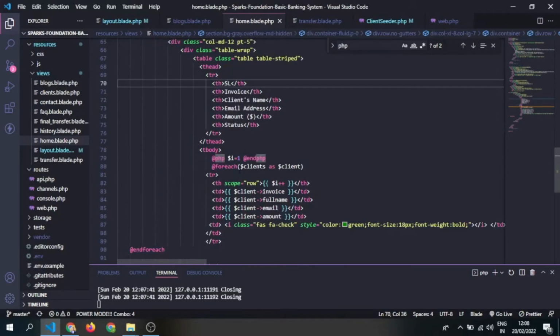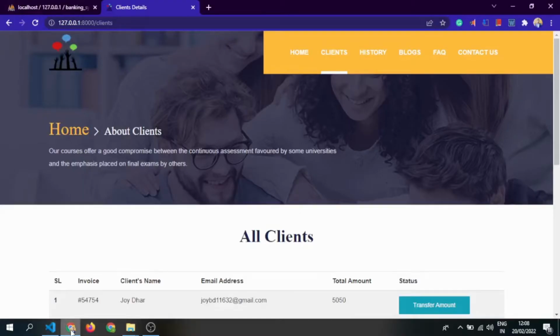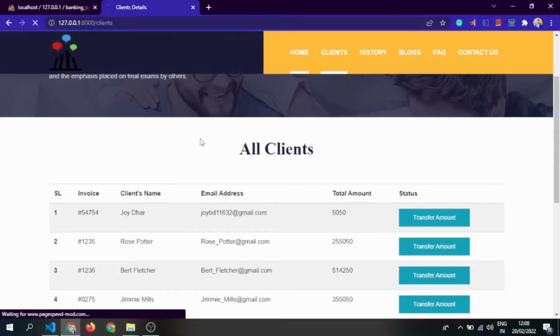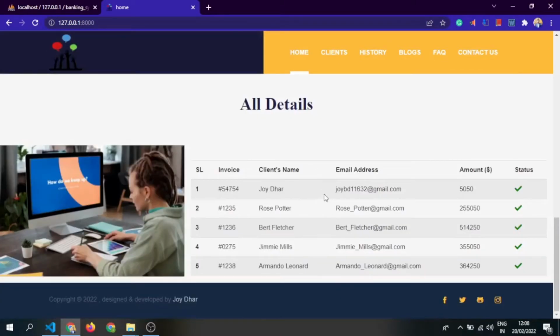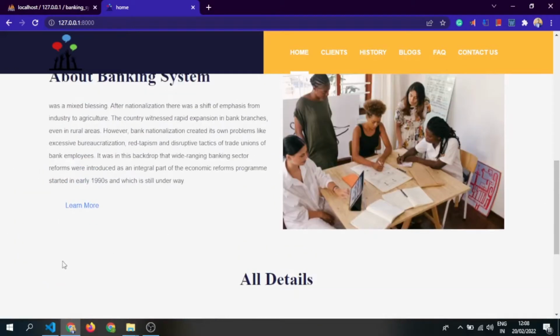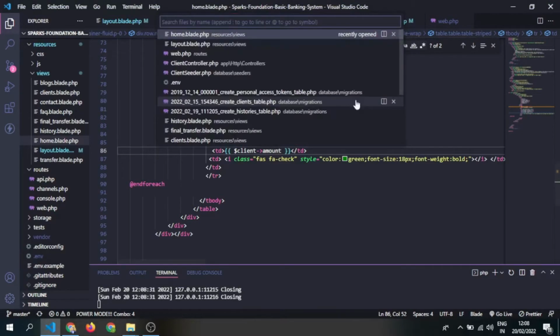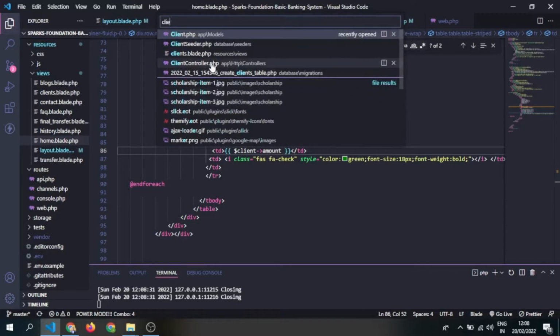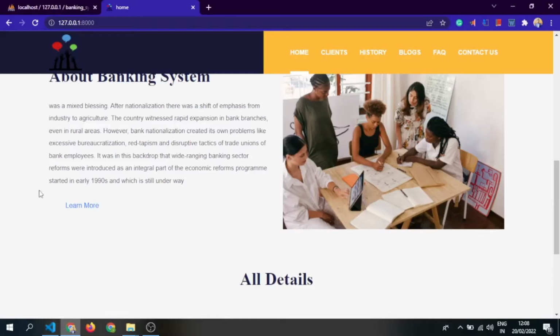Here is the email client, and how I manage the top latest 5 clients. Perhaps I can add all of the clients, but I think only adding 5 clients will focus the main page. So I added a simple pagination in the controller. You can see the client controller. I have added a simple pagination. You can say pagination 5, so I can see only 5 clients.